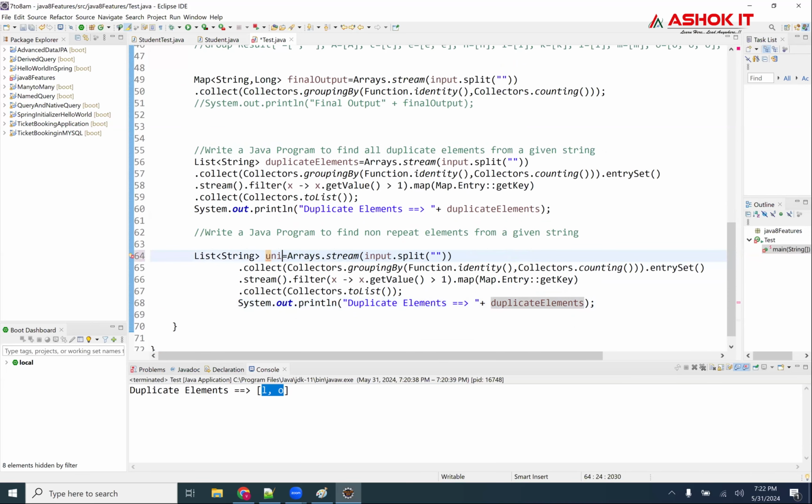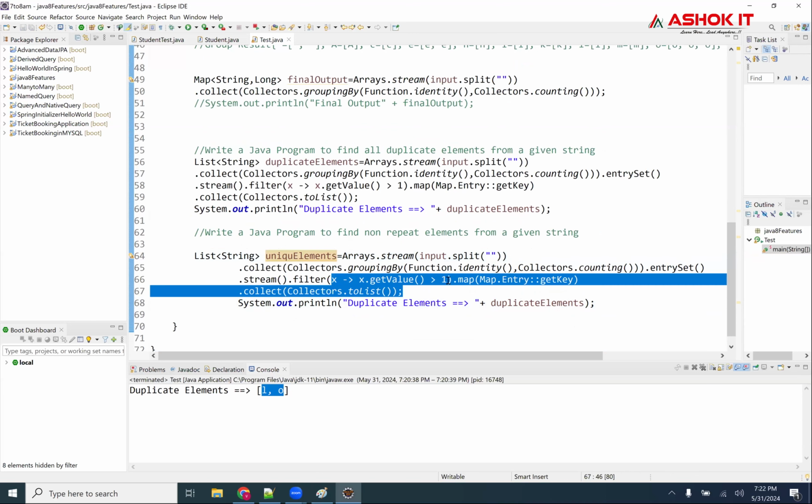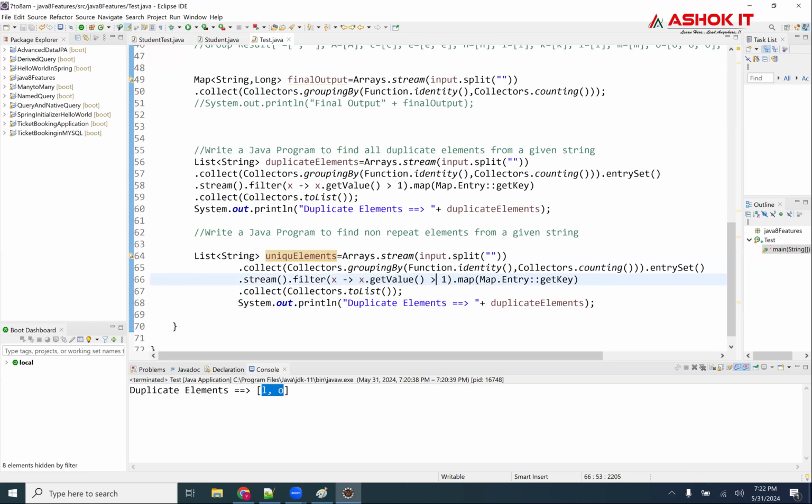Okay, unique elements, right sir? I want to write unique elements, simple logic, very simple logic, correct, right guys? Anyone can easily identify what I need to do here. I clearly wrote greater than 1 in that place.